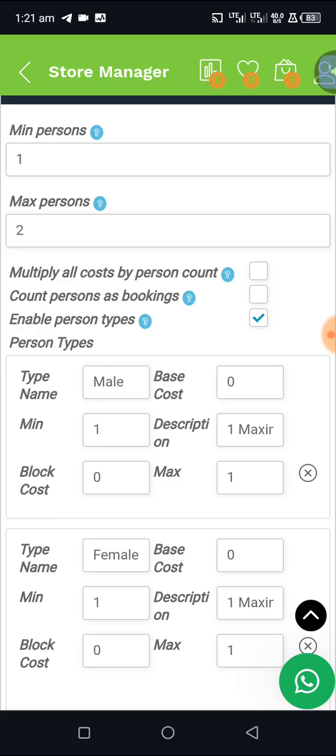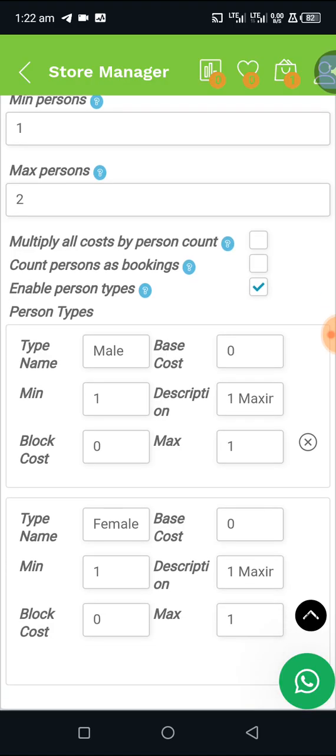Then this counts person as a booking. Therefore if you watch this, you say maximum of 2. If eventually they become 2 people, it will count one person as one booking, and count the other person as one booking. It will still give you the same price, like multiplying the cost by 2. So I wouldn't want such. Now I choose